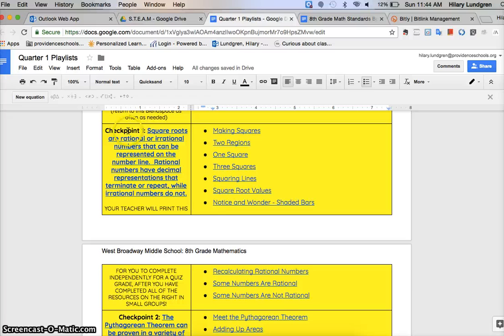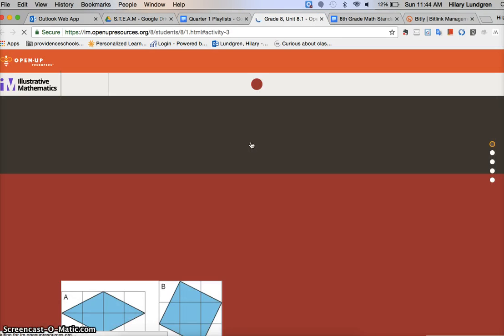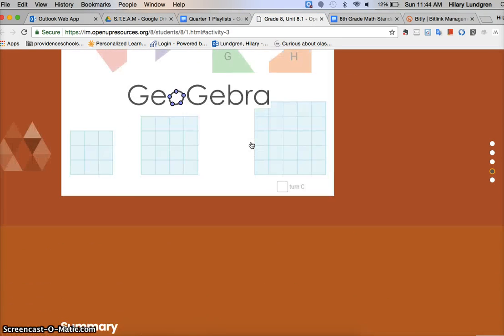So you see here in checkpoint 1, square roots are rational numbers or irrational numbers that can be represented on the number line. Rational numbers have decimal representations that terminate or repeat, while irrational numbers do not. Everything about what I just read to you is going to be something you are going to experience by doing these resources. So again, anything that's underlined in blue is a link. So you click on the first one, you open it, and you're going to be working on all of these different resources